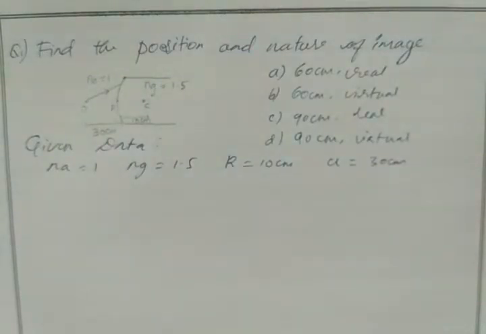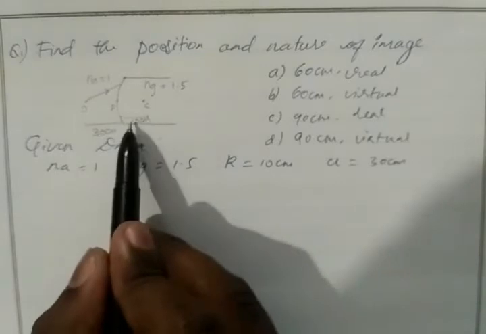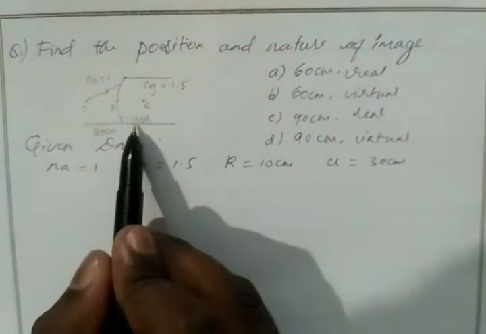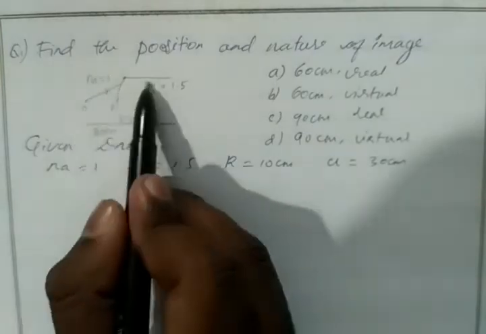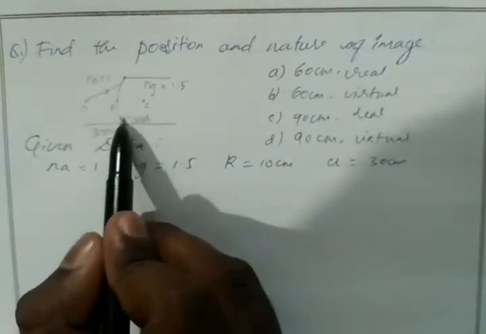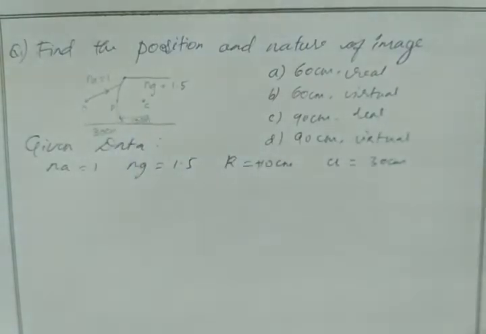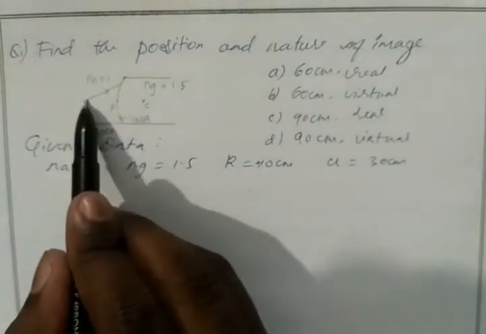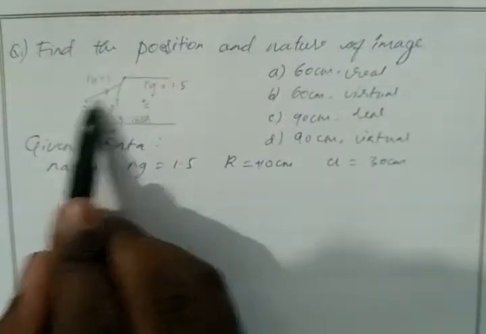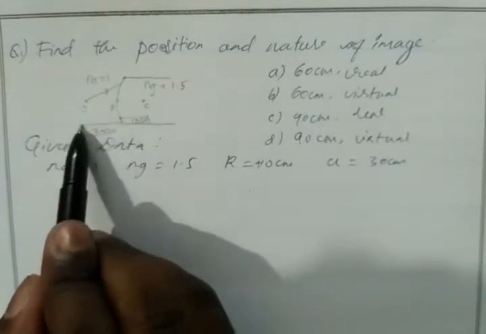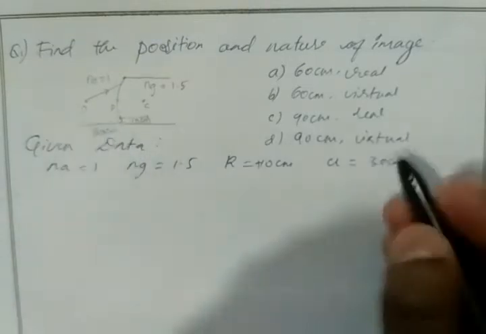And then we have to apply the sign convention, that is very important. If the value is opposite to the direction of the incident ray, then it is taken as negative. If the value is in the same direction as the incident ray, it is taken as positive. So first, coming to this radius of curvature, 10 centimeter. The incident ray passes from left to right, and the radius of curvature is also measured from left to right. So towards the right side we take plus. Then the object distance, so this is the incident ray, the object distance is in the opposite direction, from pole to object O, so we take it as negative.